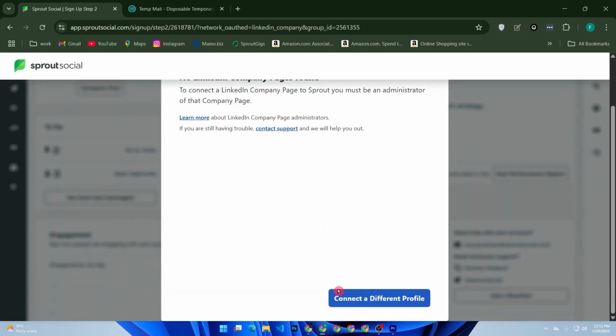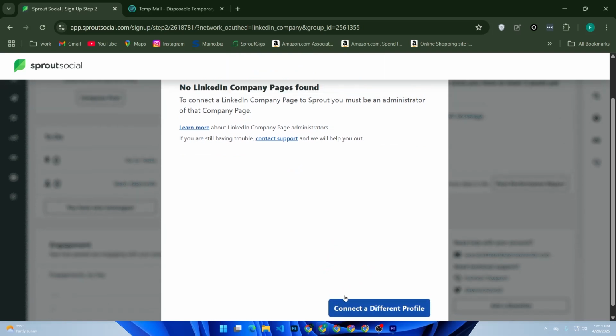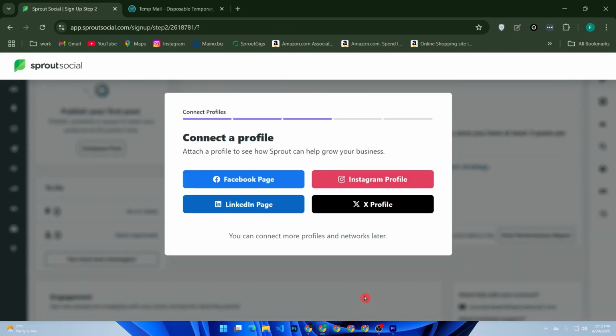Now click connect a different profile, or again connect Facebook page